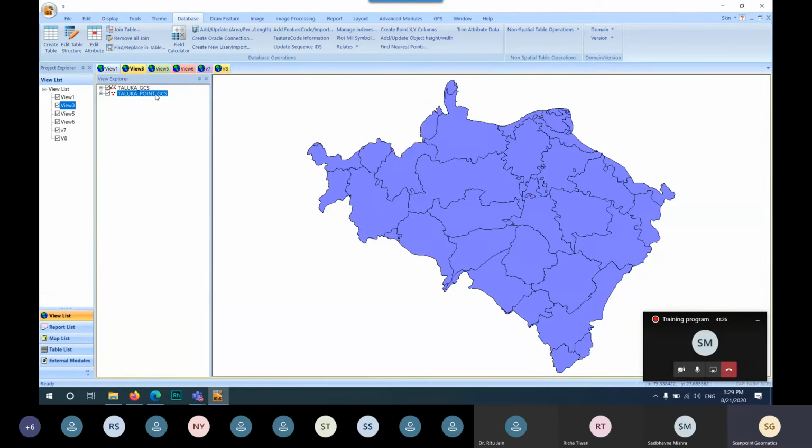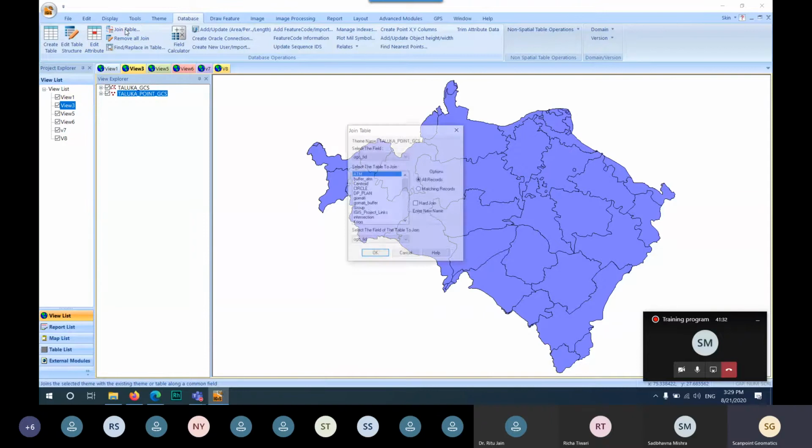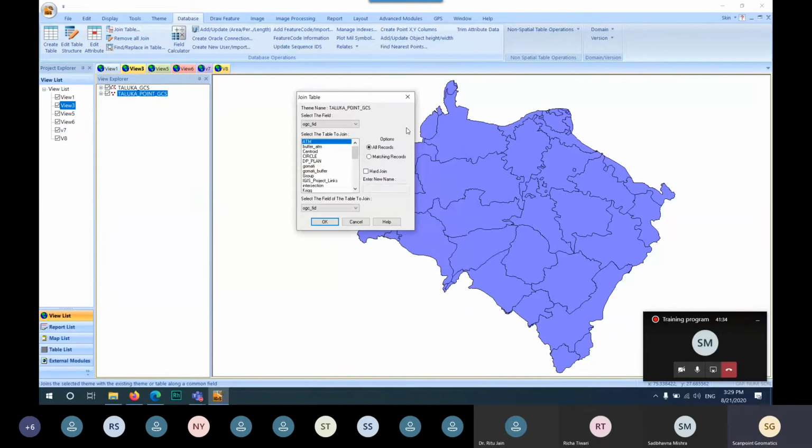Now I want to join these two tables into a single table. So just click on this join table, and the theme name is Taluk point GCS. Select the field on which basis you want to join the table, and click on the particular table which you want to join. So just click on this Taluk GCS